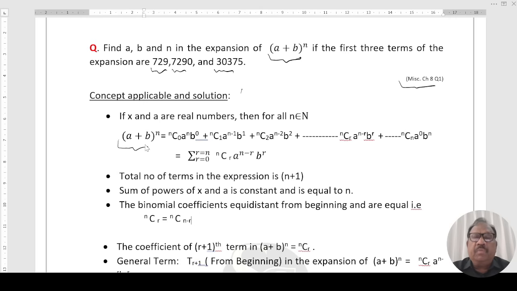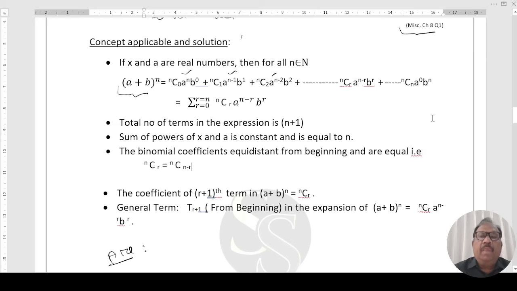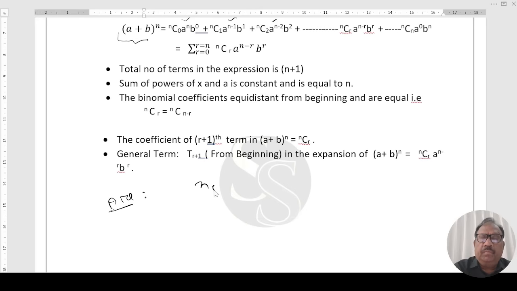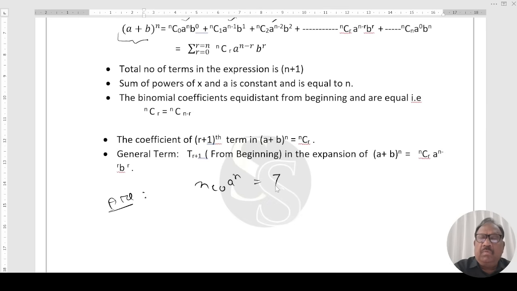You have to pick up the first three terms. This term, and this term. According to the question, the first term is nC0 a to the power n, b to the power 0, that is 729. Then nC1, a to the power n minus 1, b is 7290. Third, nC2, a to the power n minus 2, b square,